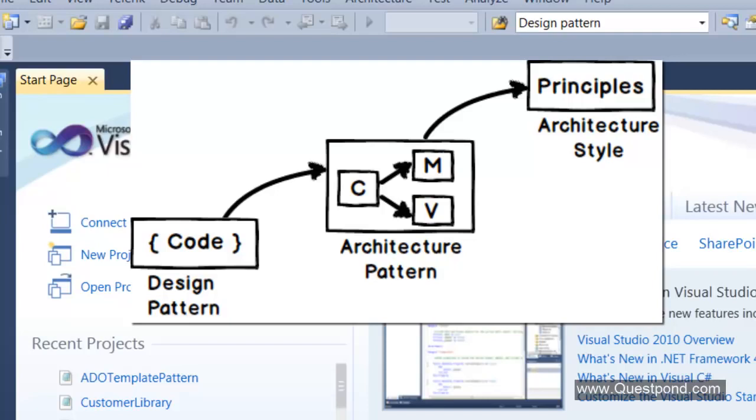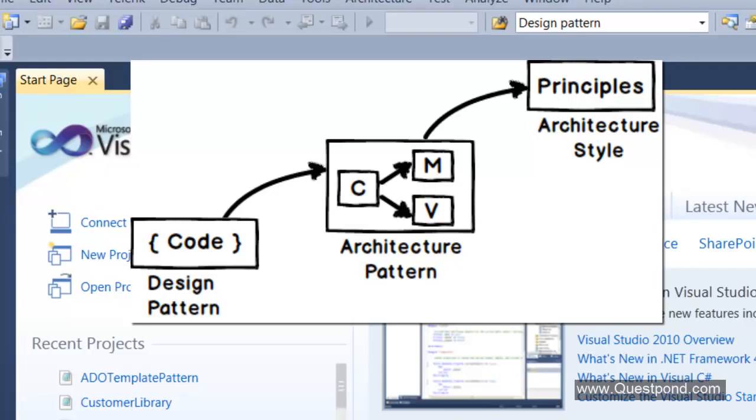Architecture pattern is just overall blocks, like as I've said, model, view model, or UI layer and then model layer and then your data access layer. Now, how these layers are implemented, what code goes into that is not shown here. And architecture principles are just principles, just one-liners, which we need to follow. Now, how do you follow it? By using C# or Java or whatever, right? It is all up to you.